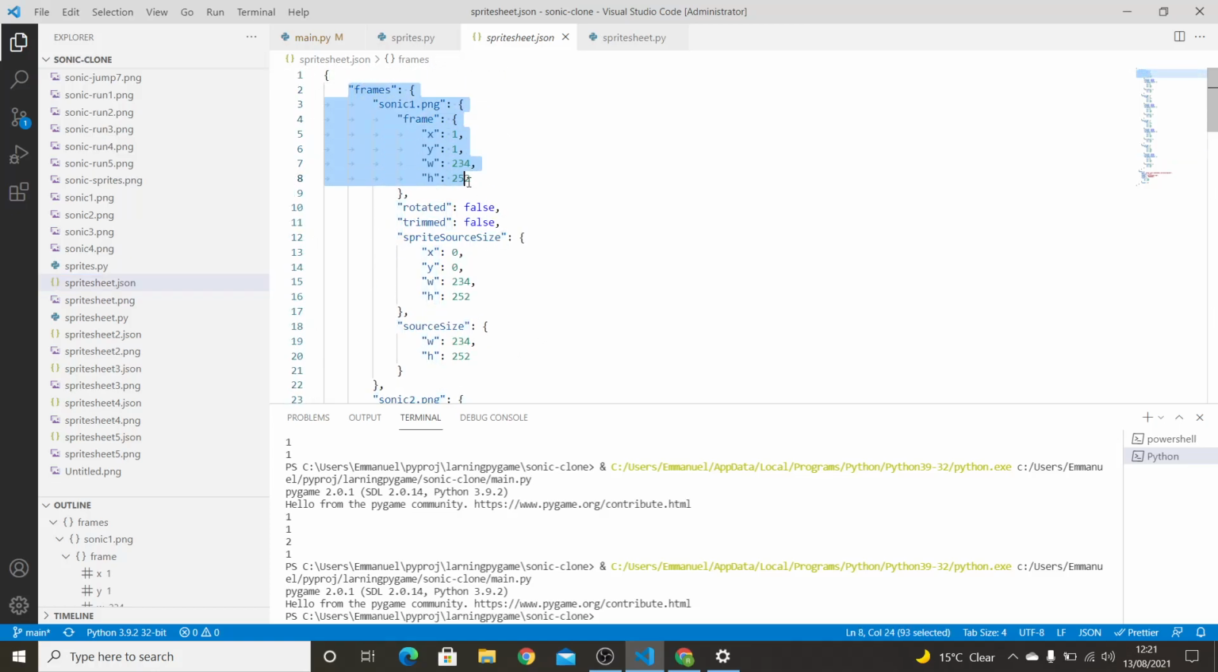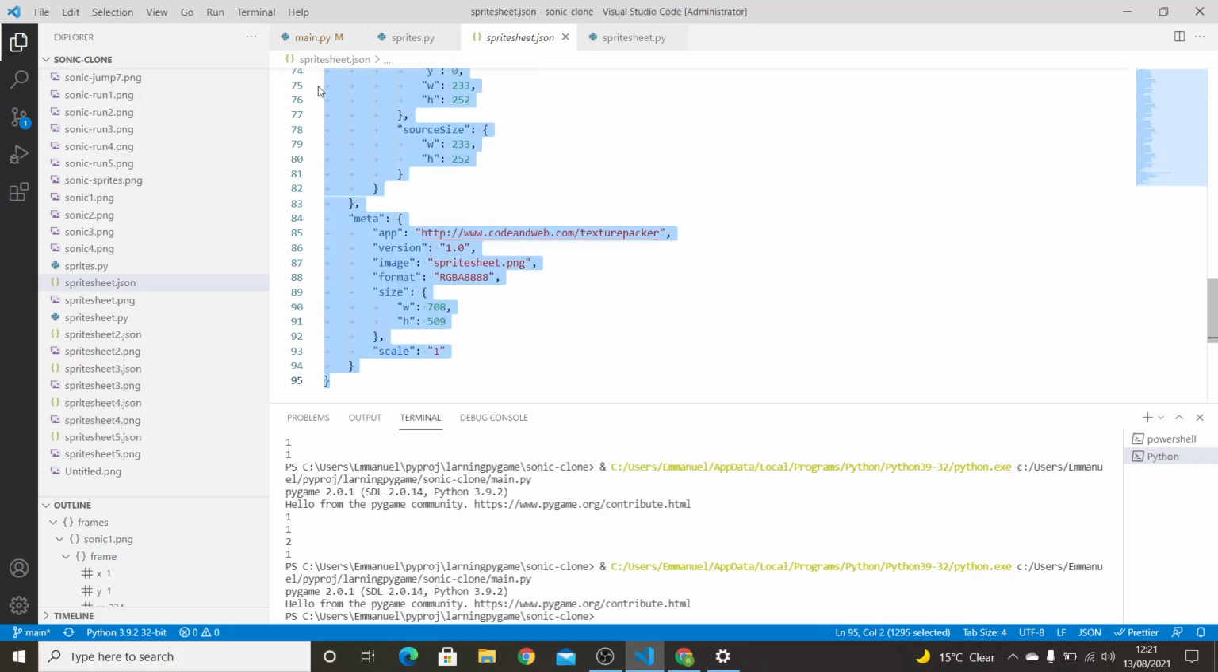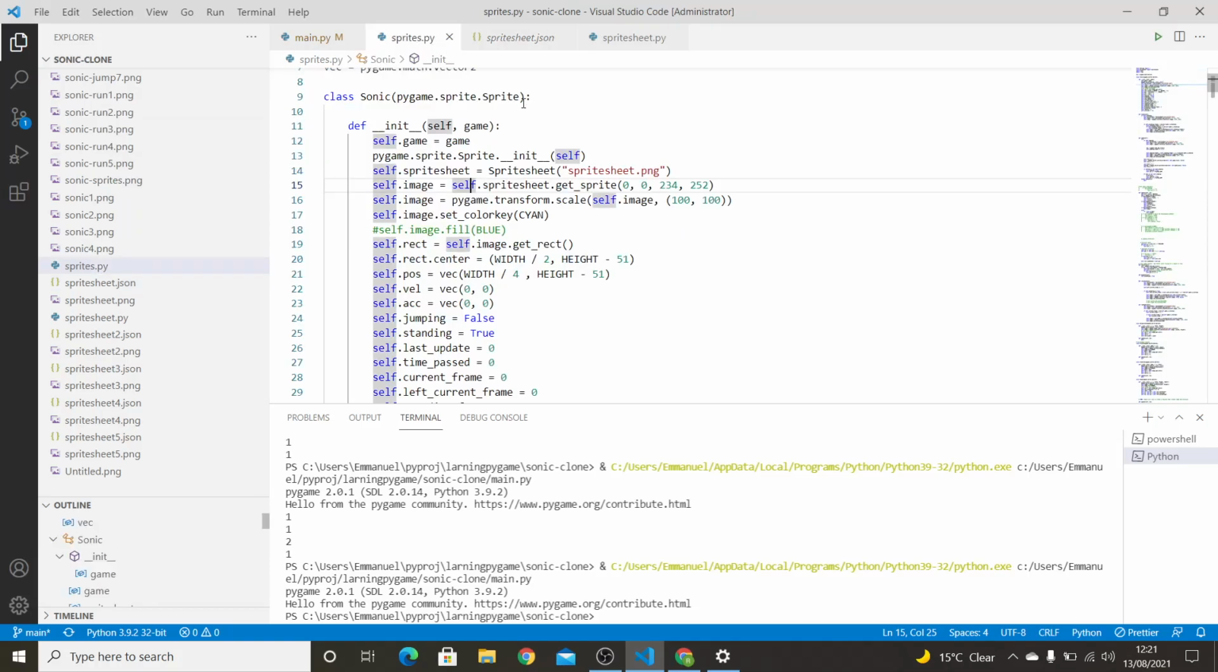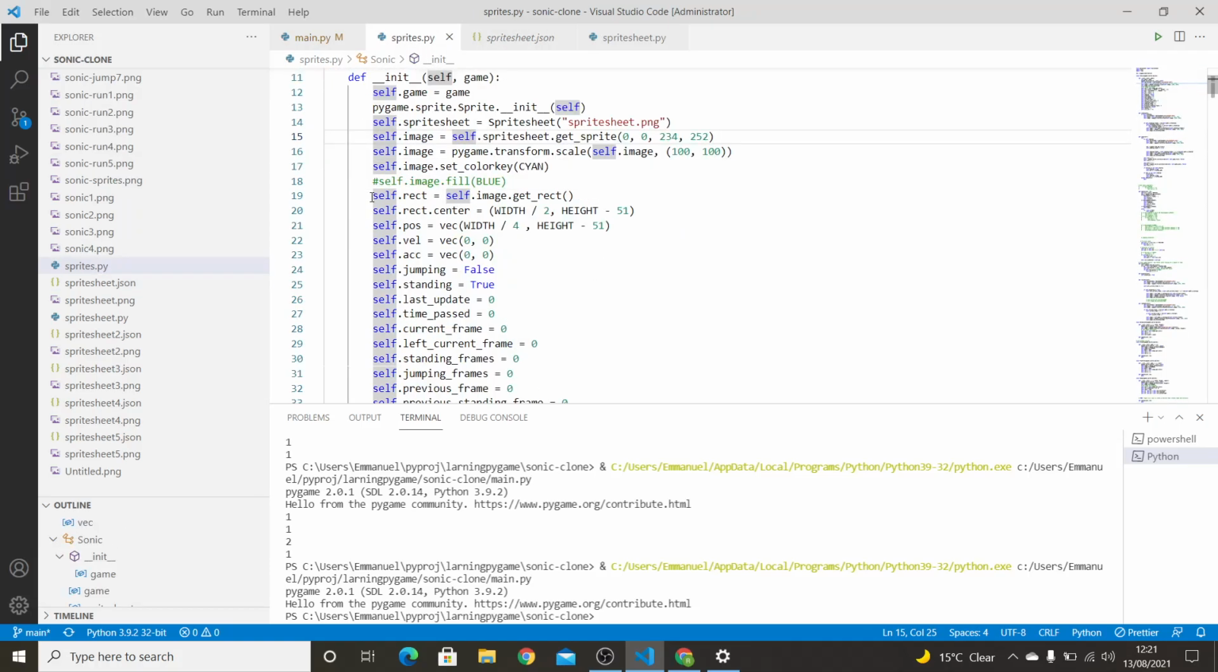And so each section of this JSON file represents a frame of the animation. And then here is obviously the rectangle. Right, this allows you to test for collisions. And obviously I didn't mention this before, but